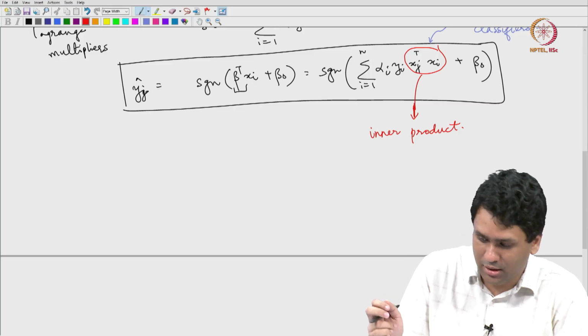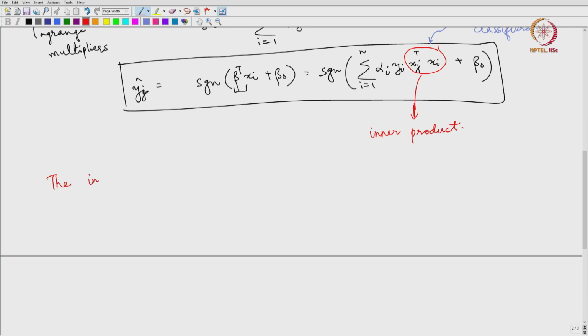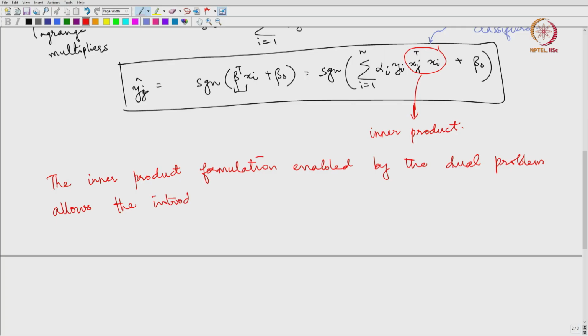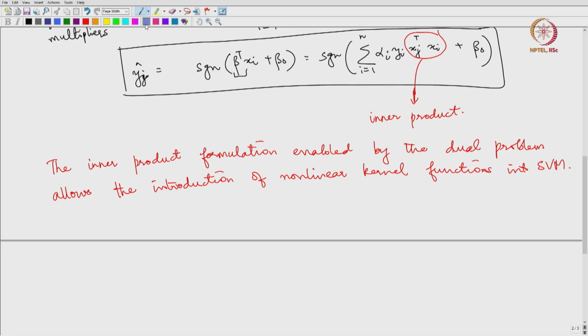Okay. So, that is what is happening here, and this inner product interpretation, or inner product formulation, enabled by the dual problem, allows the introduction of non-linear kernel functions into the SVM framework, and that is always very useful. So, what you can do is you can replace this xi transpose xj or xj transpose xi, as the inner product. This is usually the notation used in linear algebra. This is called the inner product